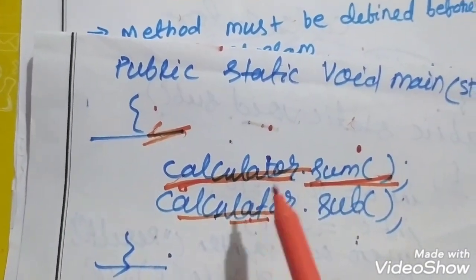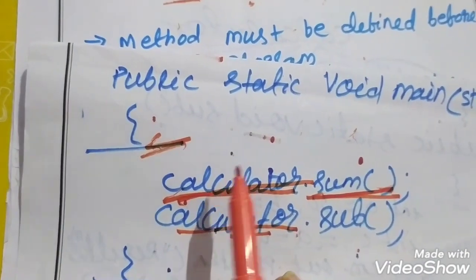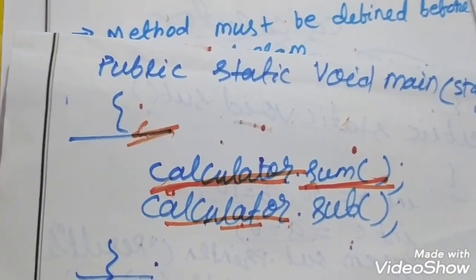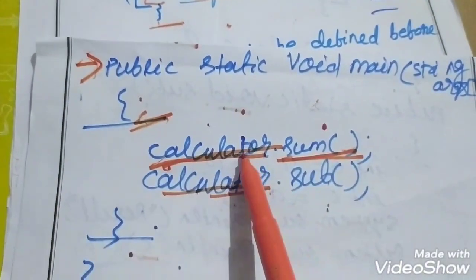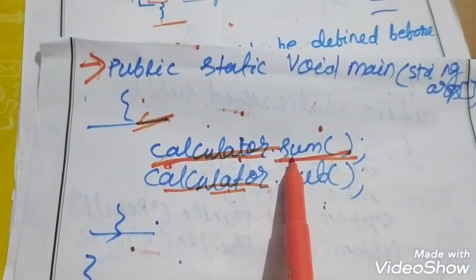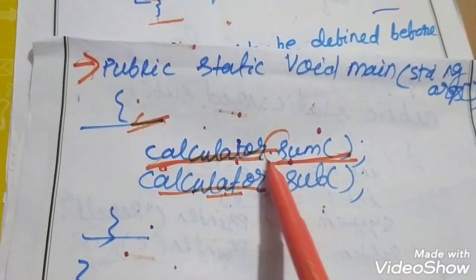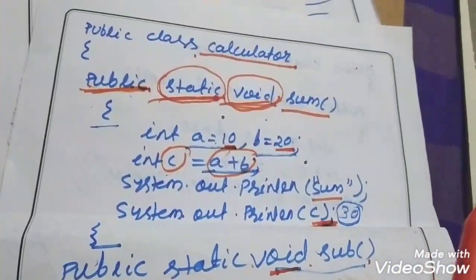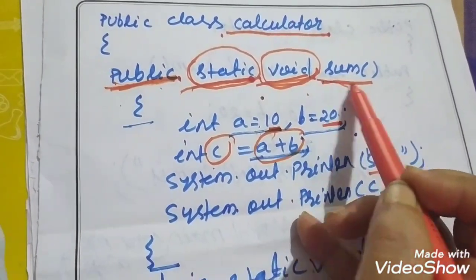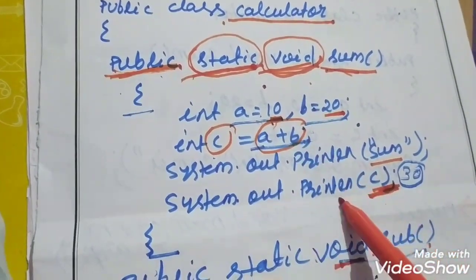Okay, I think all of you understand this program. Now you have to look at how it is executed. The control first comes to the main method. It sees the class name with the function name or method name. It searches for the method where it is written. Then it goes to the method, and in this method it finds the sum. What does it have to do? Addition of two numbers and showing the result.